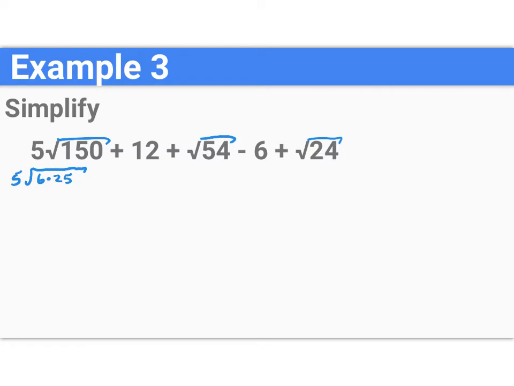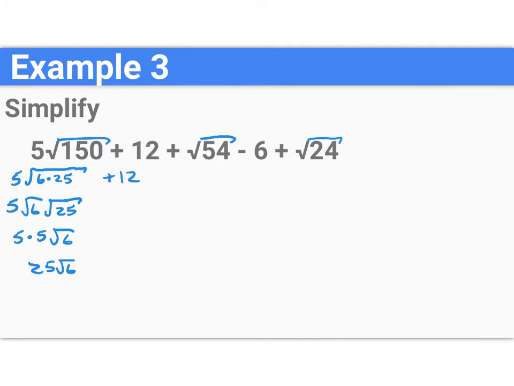We could have broken 150 down into 10 times 15, but you want to see if you get your perfect squares out of it. So we have 5 times the root of 6 times the root of 25. The square root of 25 is 5. So you get 5 times 5 root 6, which is 25 root 6,